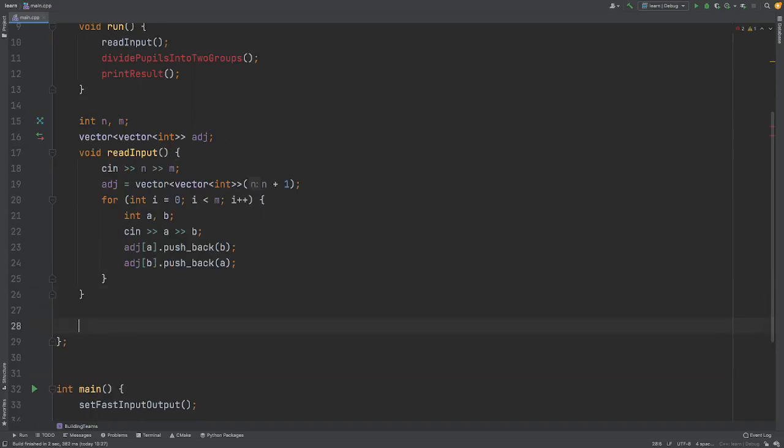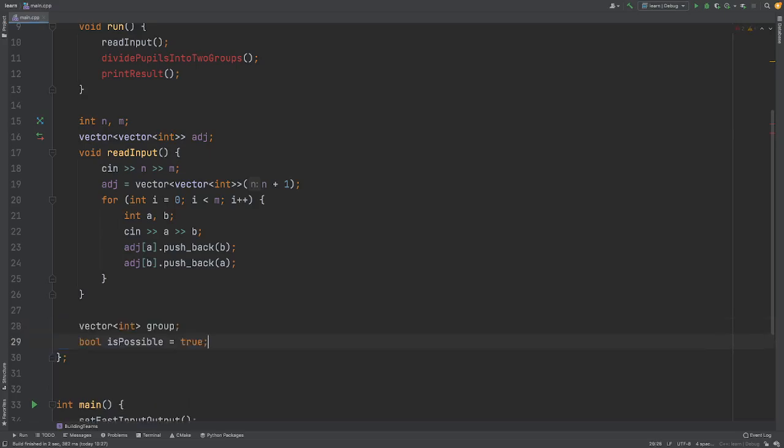Next, we're going to define the function we're going to use to solve the problem. But first, we need 2 variables. So we need the group, a vector of integers to store the group for each node or vertex. And we also need this variable isPossible, which will tell us if it is indeed possible to divide the entire graph into 2 separate groups.